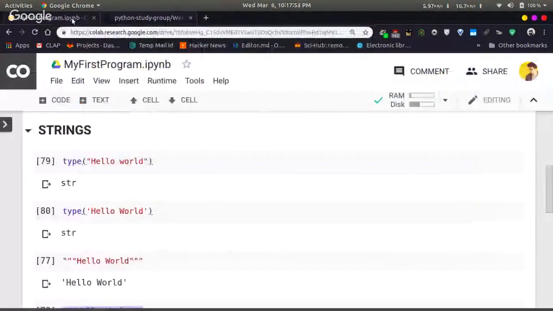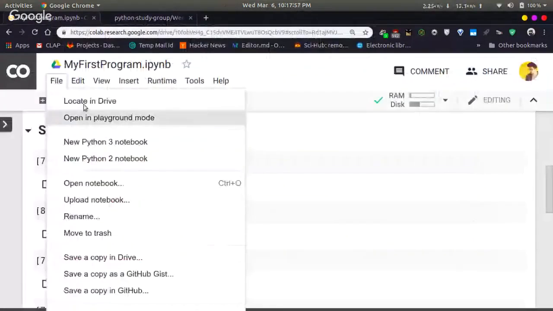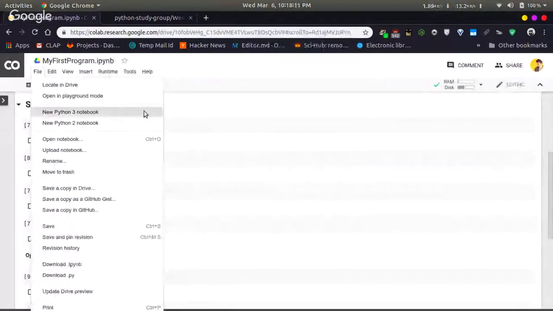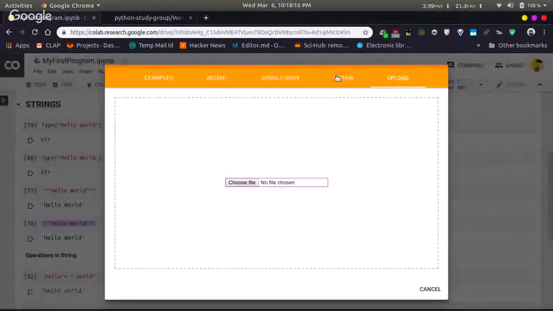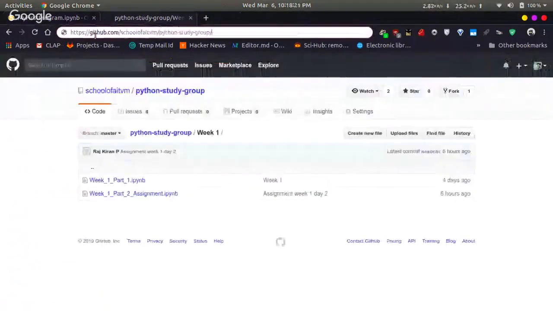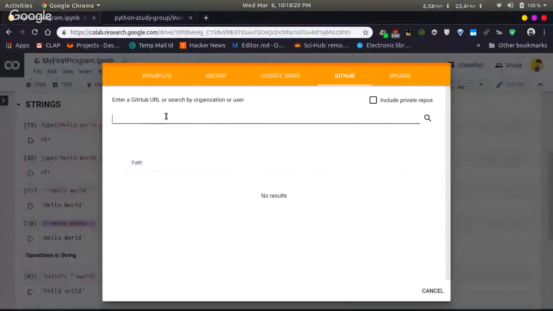In files, go to upload notebook, and you will see an option called GitHub. Just copy and paste this link, github.com slash School of AI TVM slash Python study group, and click on search.